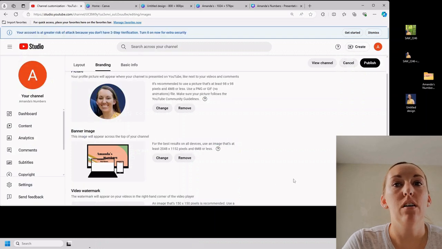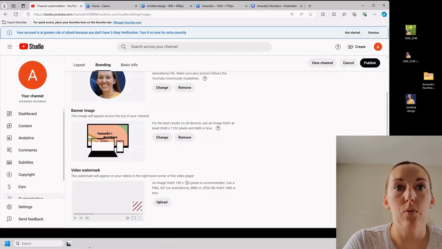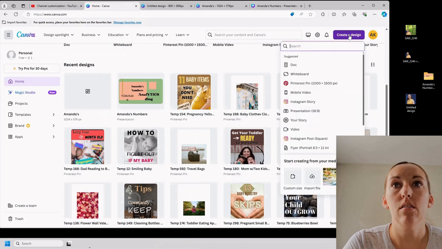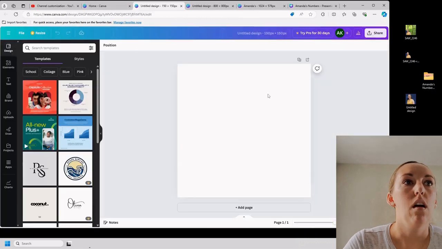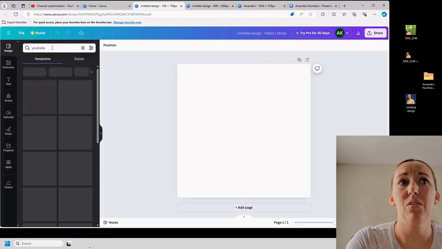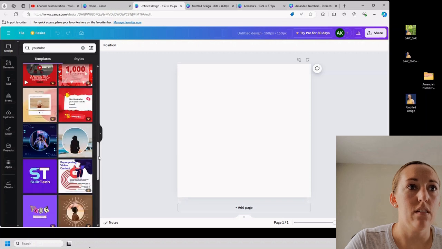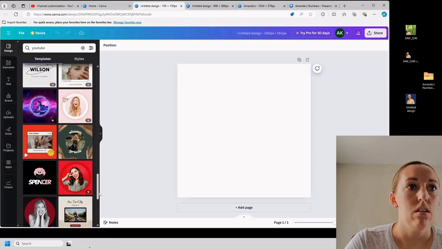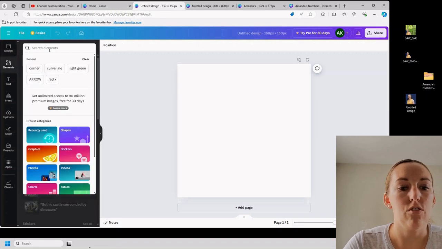Our final thing we're going to try to do is create this watermark. So it looks like an image that's 150 by 150 is recommended. Let's jump back into Canva, create a new design. We're going to custom, so 150 by 150. And let me see if I can just hit YouTube and see if we get a logo. I don't know if that's something that is an option to use or not. Let's see, element. Let's try